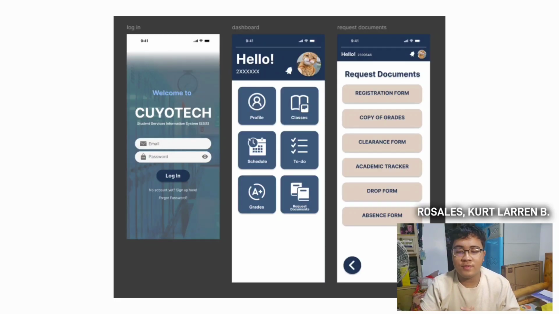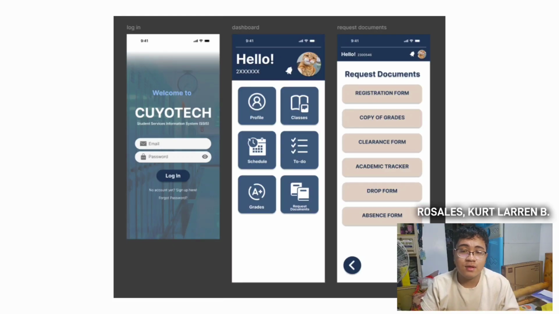So this involves the UI or UX wireframe and the database design. For the UI, as you can see here, this is made through Figma. It is a consistent layout with consistent fonts or typefaces. Nothing too extravagant.